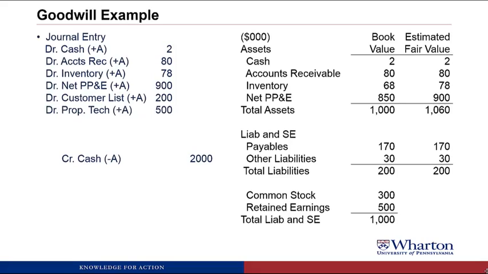We add the proprietary technology at $500,000. Same story, not on the balance sheet originally, gets added as part of the acquisition. We assume all of the payables, accounts payable, salary payable of TK, and we take on all their other liabilities, again at fair value, which in this case was the same as book value.